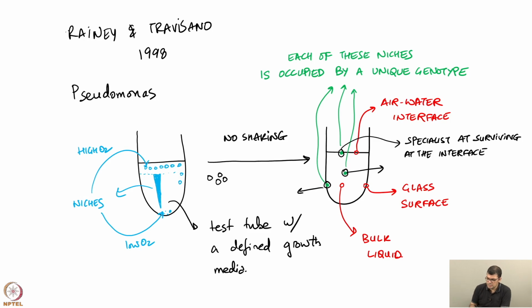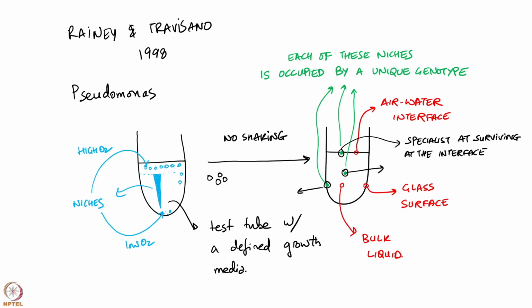However, what this does is that this studies diversity in an environment where there are three different niches which are available to the population. Can we create experiments where diversity is generated despite there being no separate niches? Suppose this tube was shaking, would we see that diversity? And the answer is no. People have studied adaptation of Pseudomonas in shaking flasks and shaking tubes, and there we do not see this diversity. So, the evolution of this diversity is contingent on there being present these three niches which are available to the